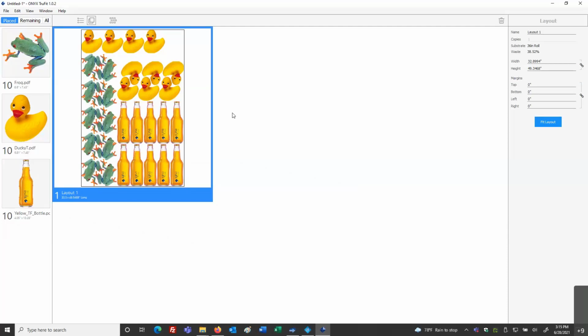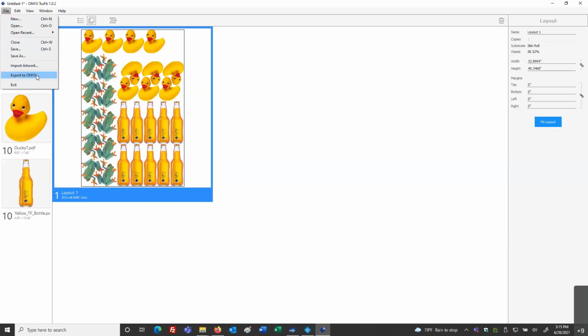And then that nested PDF can go into a program that would accept that, take that cut information, understand its data, and continue on that workflow. I'm going to show you this through Onyx. So I'm going to go up to File, and I'm going to export to Onyx.